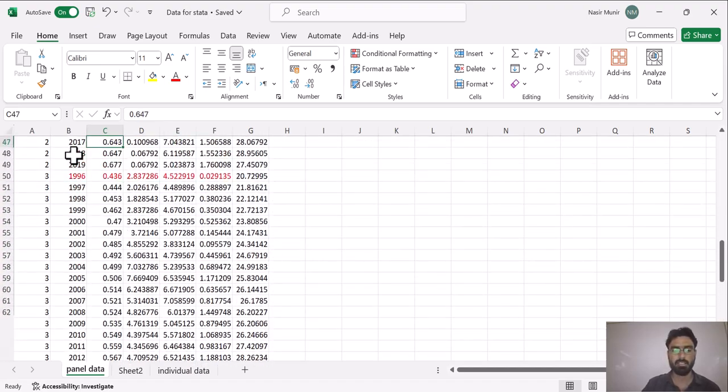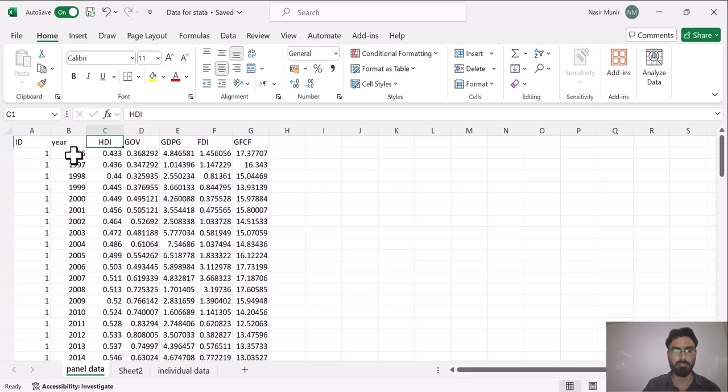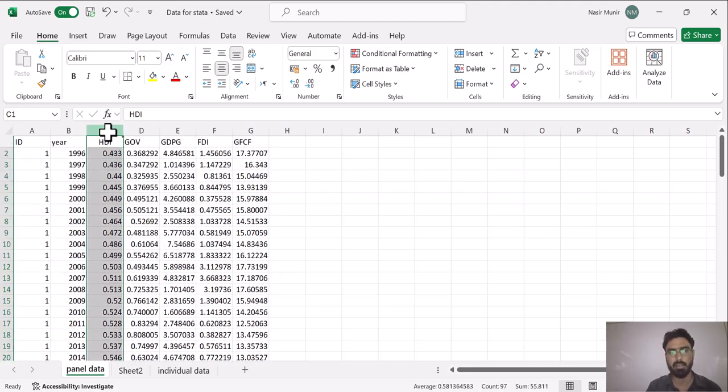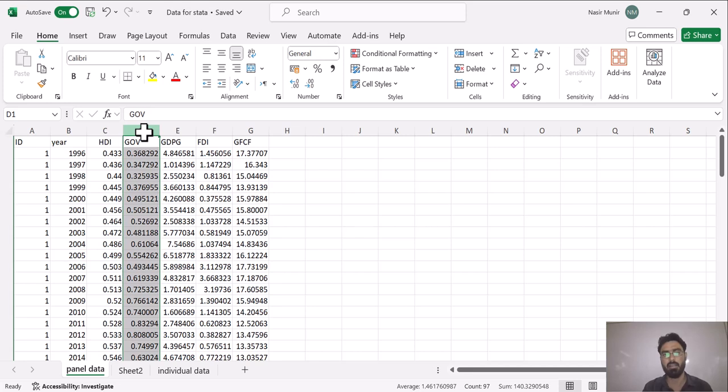This column C contains HDI combined for all four countries. This column contains GOV combined for all countries. This column E contains GDPG combined for all four countries, and similarly for the other columns.